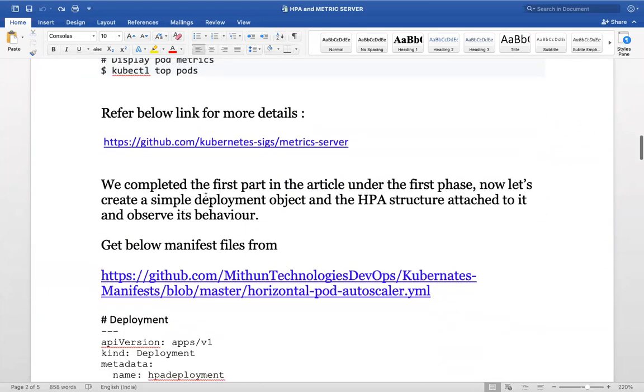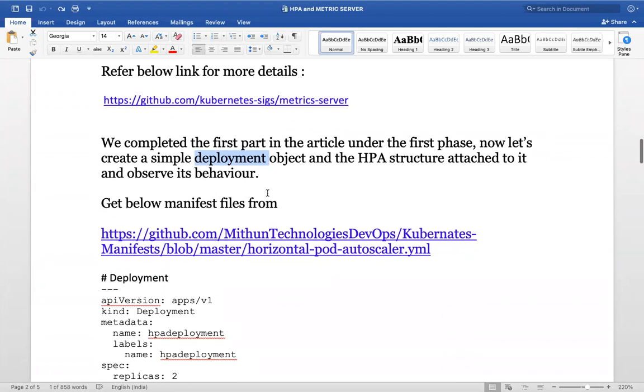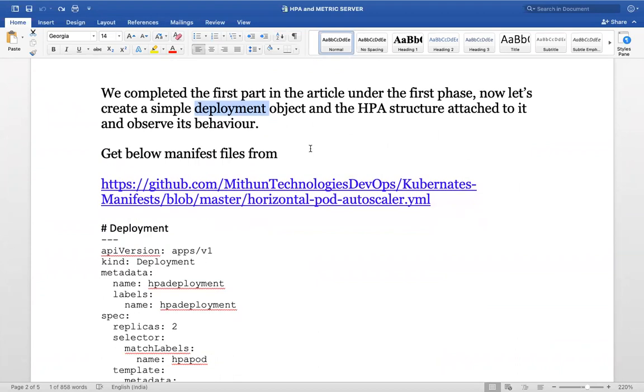We just completed the first part. This is required to deploy HPA objects, because HPA requires metrics. How else can it take the decision when to scale and how to scale the pods?